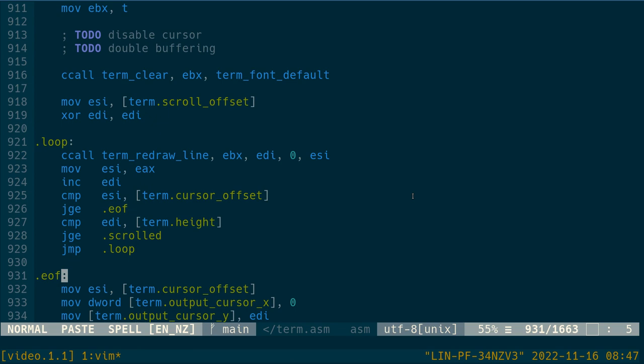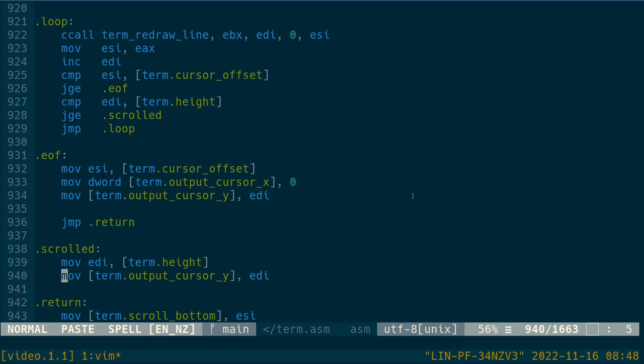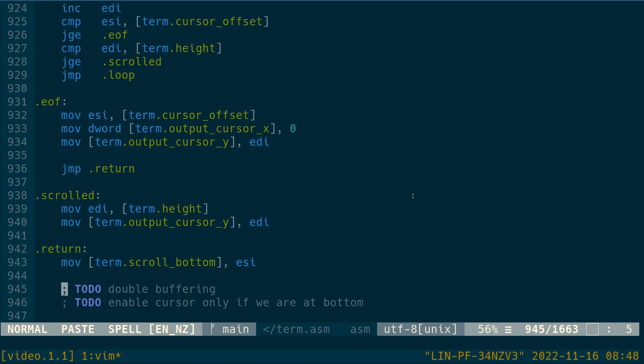So, back to what the redraw does. So it clears it, then it goes through a loop, does it line by line, and yeah, it does a weird thing where when it gets to the end of the line, it will do a wrap, maybe, might not do a wrap. So some of this will need to get changed to how the window will see it, because yeah, we can probably have it the whole thing. And this scrolled,